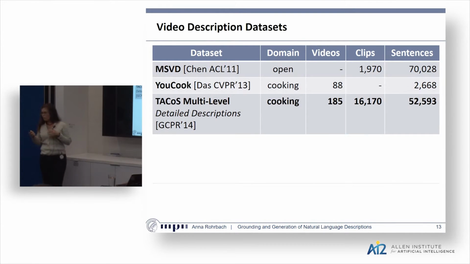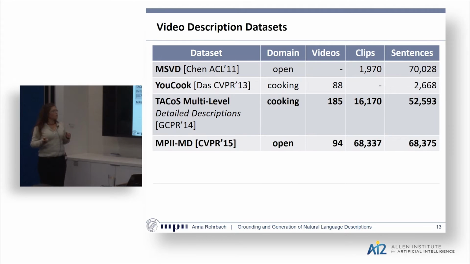So we wanted to look at a larger scale, and that's when we proposed the MPII Movie Description dataset, which consisted of 94 long movies, basically, and covered over 68,000 clips with associated descriptions. So